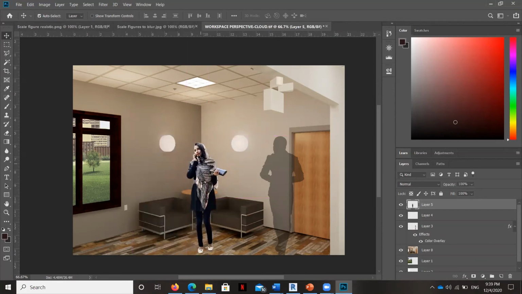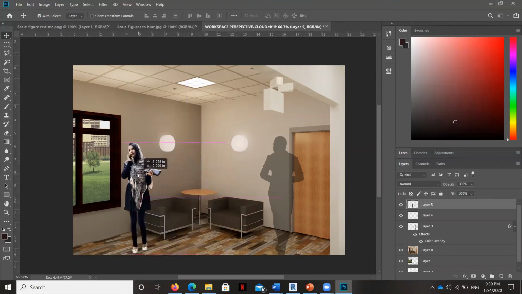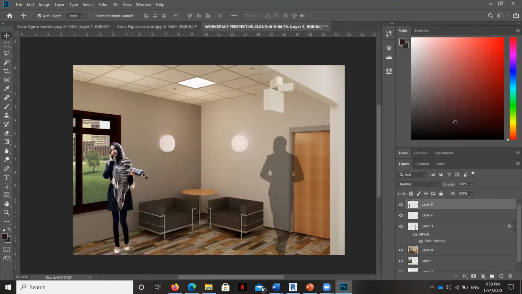Well, let's look at her. She's dressed appropriately. She's got her cell phone and her wallet. So she could be coming in from lunch talking to a client. So she works well here. But she has really a lot of light on her face right here. So she needs to be kind of right by the window. Otherwise, it wouldn't be realistic for her to look that way.